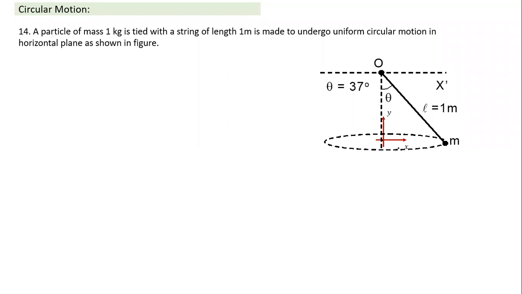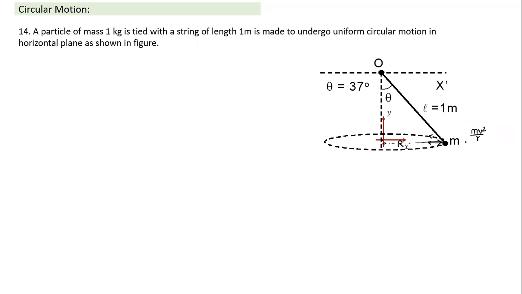In that case, let's again apply the condition here. If it is moving in the circular path, when it is at this point, and let's say it is moving like this, in which direction must the net force be acting? The moment I notice it is circular motion: net force in the y direction, no force. The net force is always directed towards the center, and it has to be equal to mv squared by r, r being the radius of the circular path. What is the radius of the circular path? Is this the radius? No, it is moving in a circle. This is the center here, and this would be the radius of the circular motion. That's the radius, so at any point, that's the force acting.